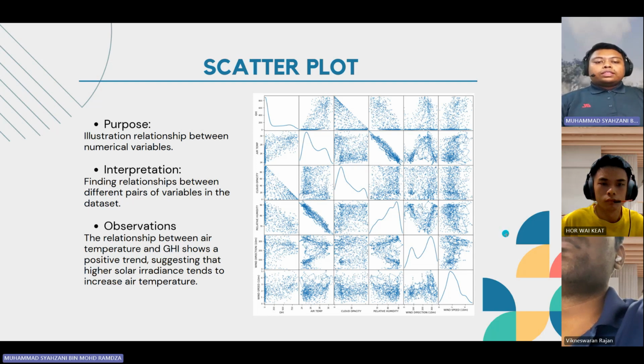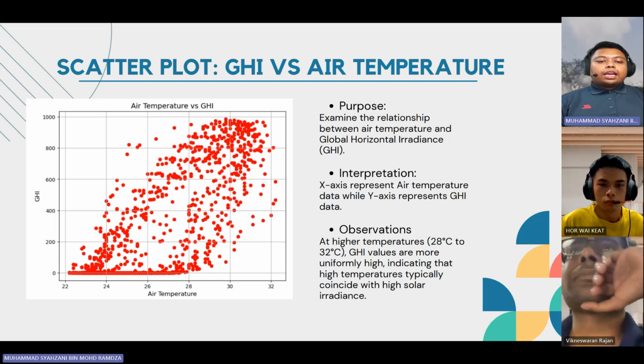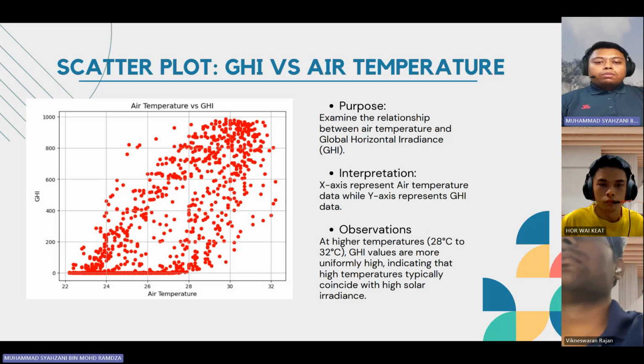Next, we go to the scatter plot between GHI versus air temperature. The purpose of this plot is to fully get the relationship between air temperature and GHI. It helps us understand how GHI affects the air temperature. At high temperature, GHI is uniformly high and the air temperature is also high. For the observation,